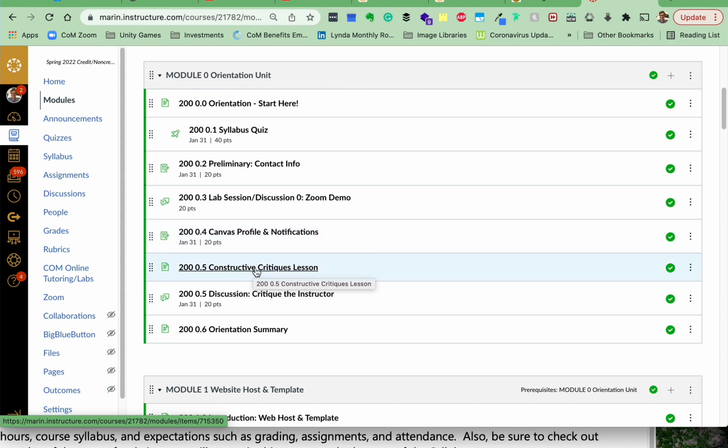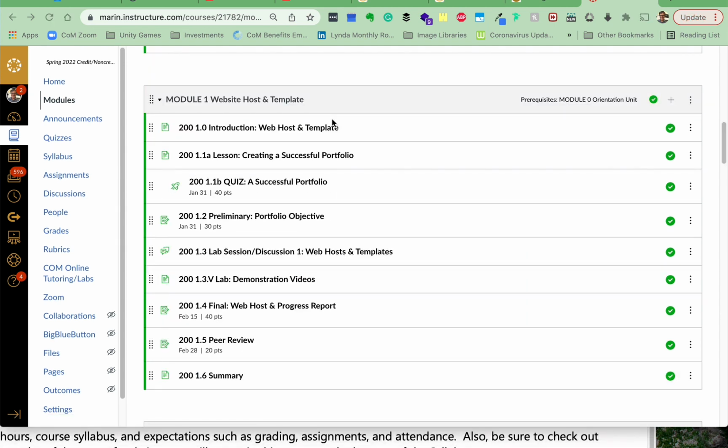Also, there's a constructive critiques lesson. We'll spend a lot of time critiquing everyone's portfolio. That's one of the reasons to take a class in portfolio, is you're going to get lots of feedback from your fellow students. Module 1 fits the pattern of the 4 other modules,